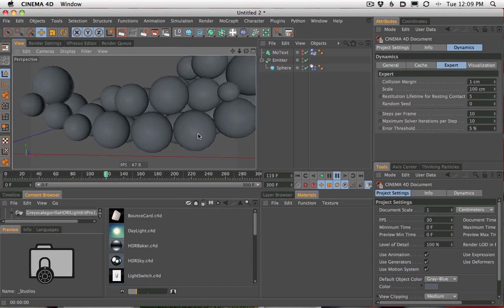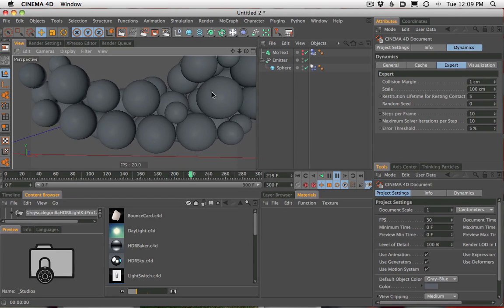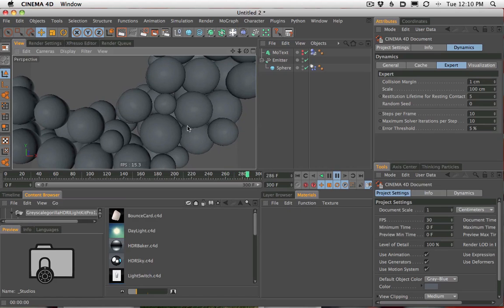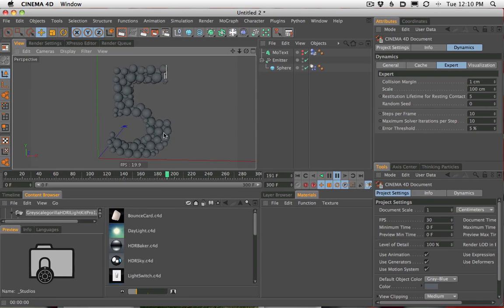And you can see once these things start settling down, you might see them start to jump around. Right now I don't see anything too jumpy in this system. But you may have flickering depending on the size of your spheres. If we crank this way down and we have a lot smaller spheres, you may have kind of a jittery effect on some of these spheres down at the bottom.